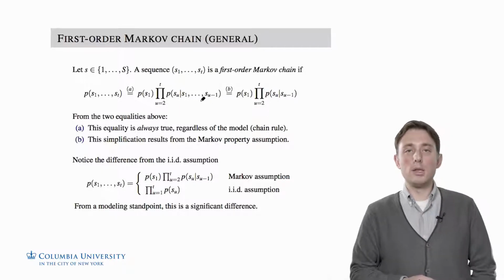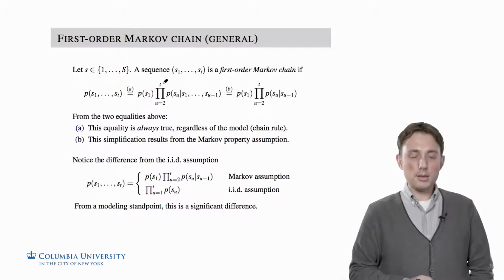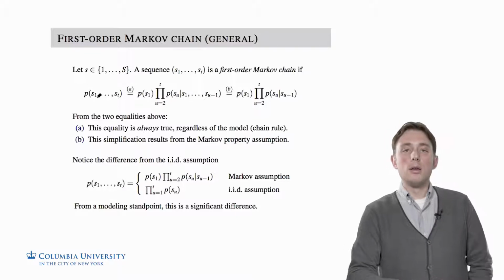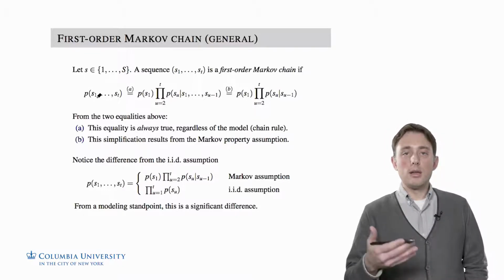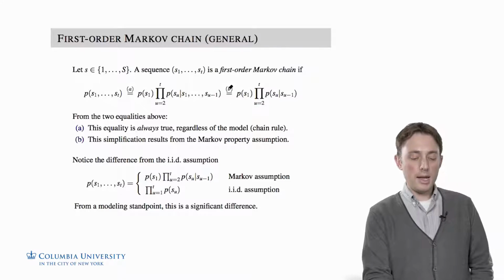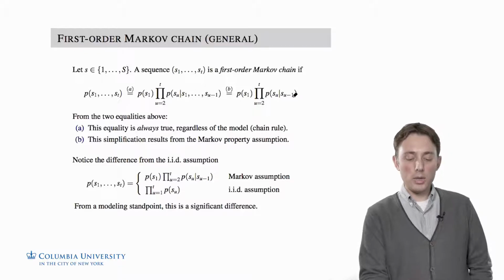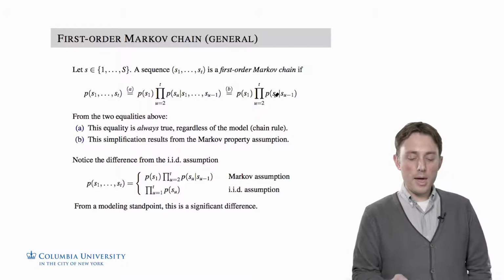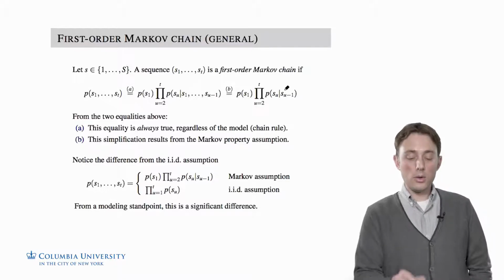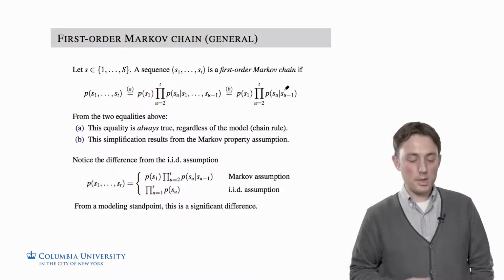We can always condition on more than necessary and say that this is a way of representing this joint distribution. But now the first order Markov chain makes the additional assumption that this conditional probability distribution can be written this way. So the probability of where I'm at at any time point u is not conditioned on everything beforehand, but only on the previous time point. So the distribution of where I'm at at time u simplifies to being only conditioned on the state that I'm in at the previous time point.